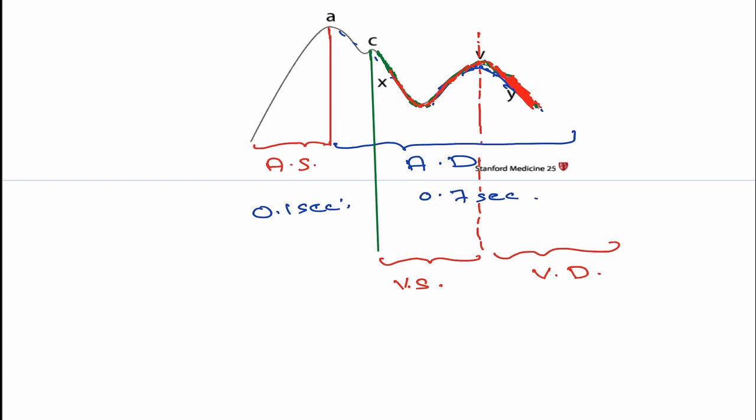Okay, so this is how you can relate the various activities of the JVP with the cardiac cycle: atrial systole, a complete atrial diastole, and then ventricular systole, ventricular diastole. So see, this is happening simultaneously, isn't it? So just know this, but at least you should know the waveform. They will ask you more commonly the waveform. This, even if you don't know, no problem. Okay, more important is the waveform.